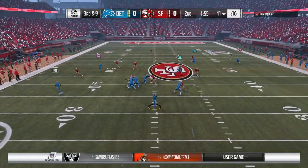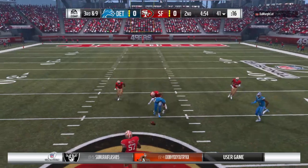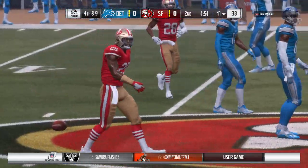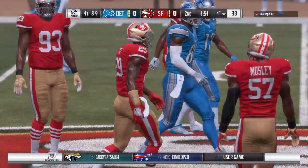Out of the gun, it's Taylor. And incomplete. The contact made the ball roam free and brings up 4th down. Seems like this defense